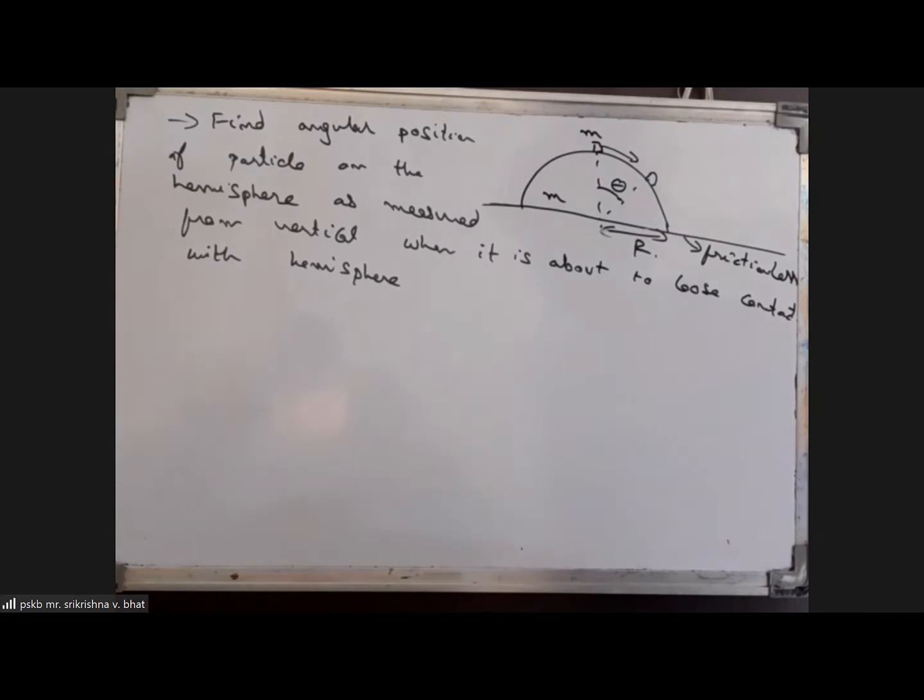Sir, can you do it in this way? Like we can conserve momentum in the horizontal direction, and use the work energy theorem. And for it to lose contact, we have to take the normal force at that point must be equal to 0. Means that mv square by L must be equal to mg cos theta at that point. Like, are you writing force equations for the particle in which reference frame? In ground reference frame. In ground reference frame, motion is not circular.